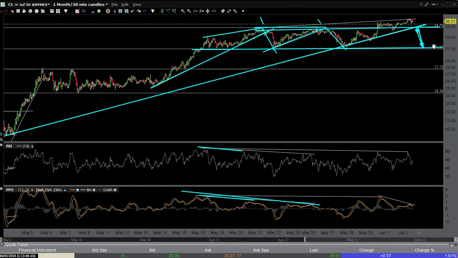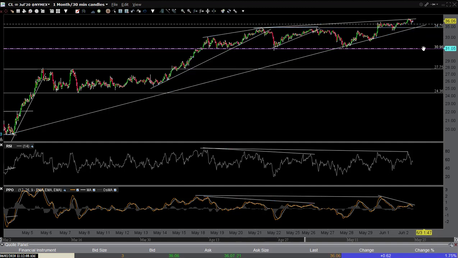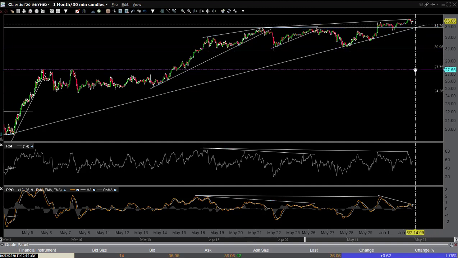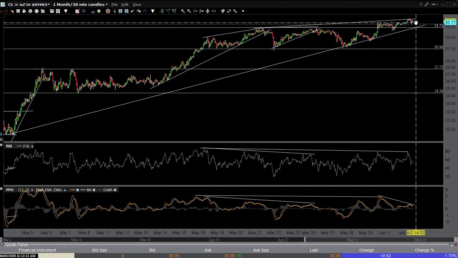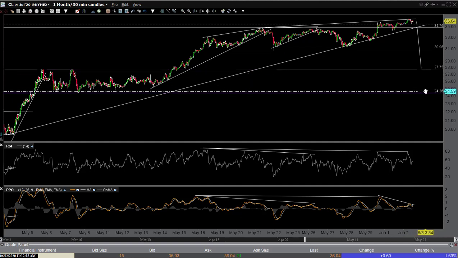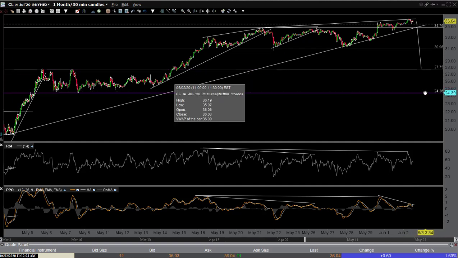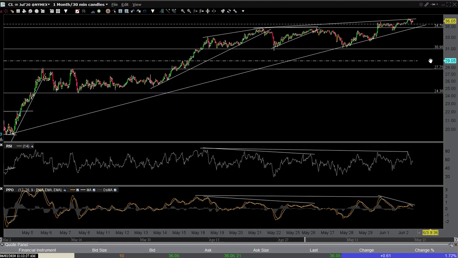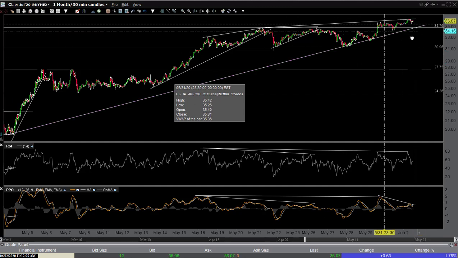And then if 31 is taken out, 27.75. So what is that from where crude is right now? You're talking a pullback of about 22%. Max target at this point in time down here, 24.36. Let's just take it one day at a time, one level at a time. But I wanted to share these ideas because these I think have